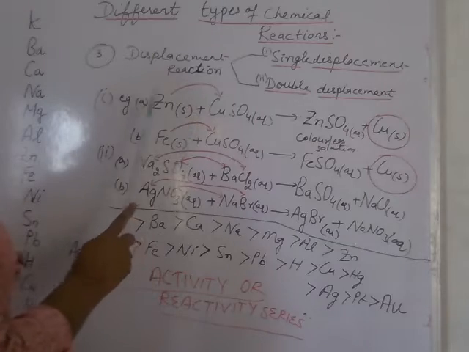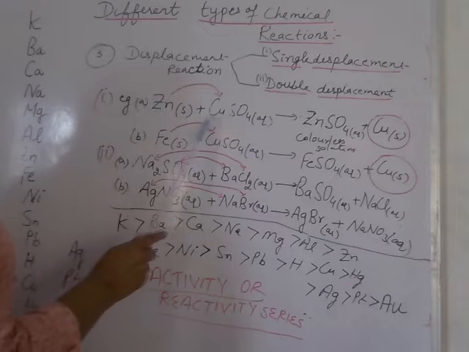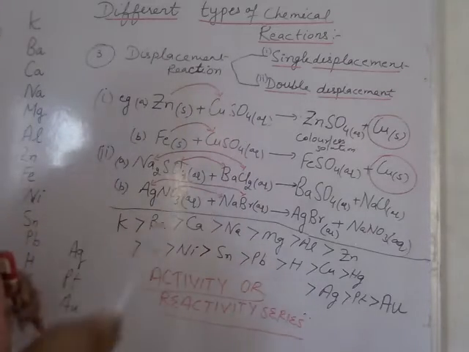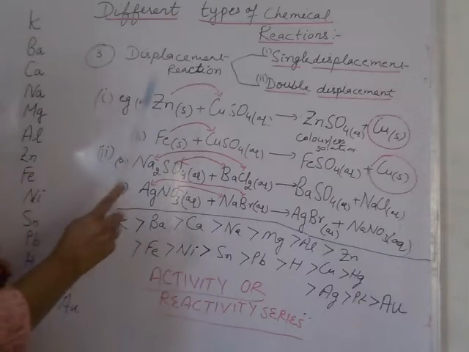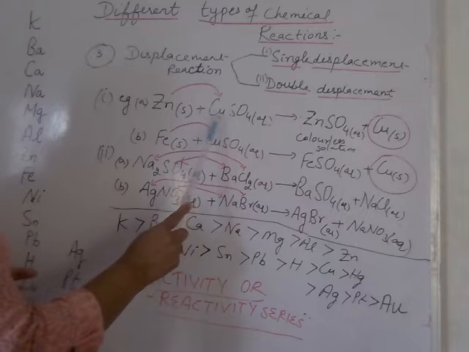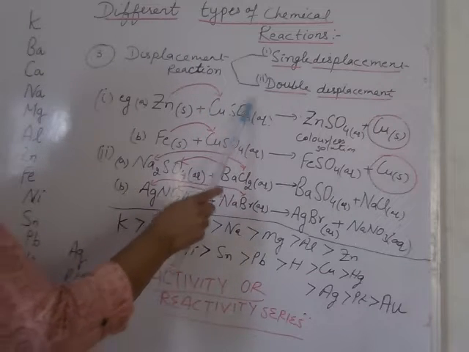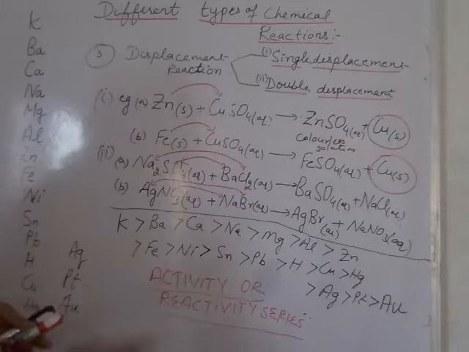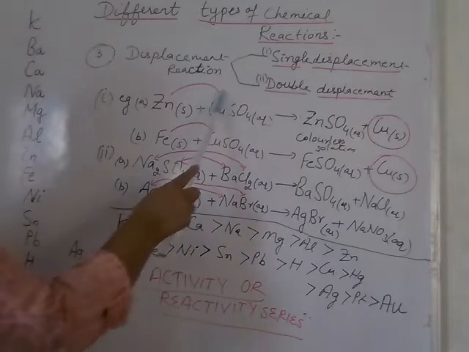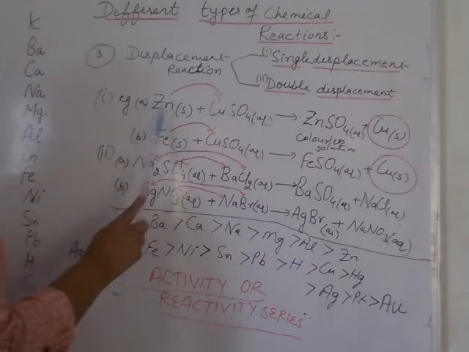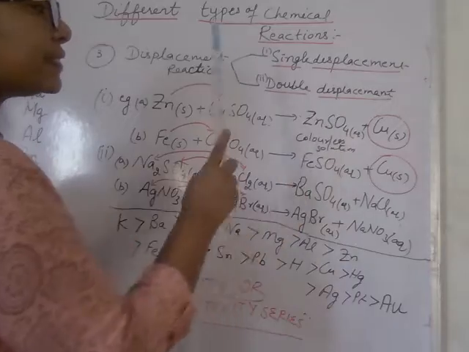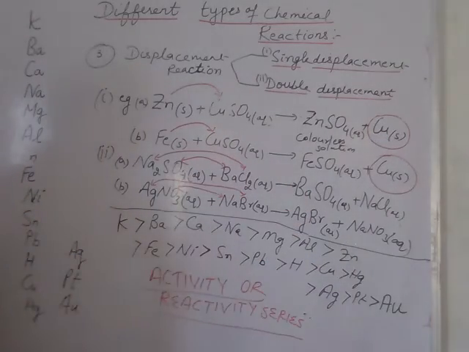Now, I have given you one example here. What happens when zinc rod is dipped in copper sulfate solution? Now, zinc is alone here as an element, whereas copper, it is in the form of salt with SO4. So here, copper is present as +2 and sulfate is present as -2 state. So it is a compound of copper, sulfur and oxygen. So it's a salt. So now zinc has displaced copper from its salt solution to form a colorless solution of zinc sulfate and copper metal.